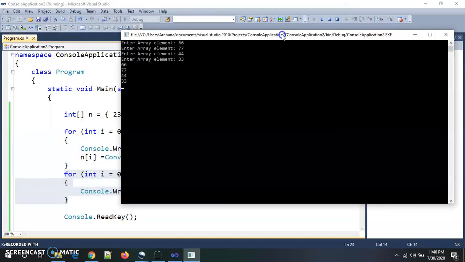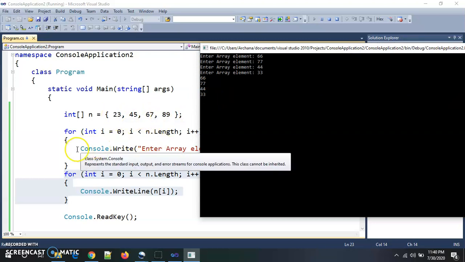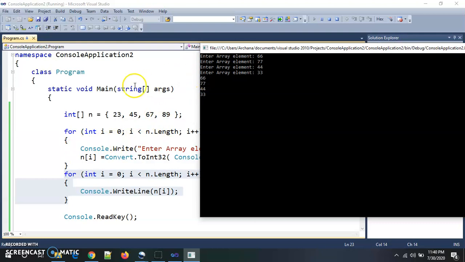This for loop will not display the original values. These are the initialized values only, and all these values are overwritten: 66 overwrites 23, then 77 overwrites 45, then 44 overwrites 67, and 33 overwrites 89. So it gives me the updated values.